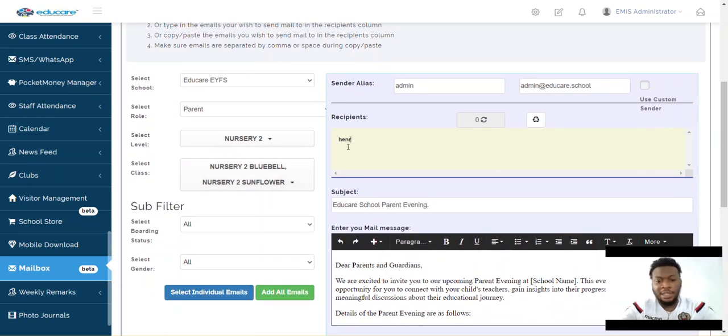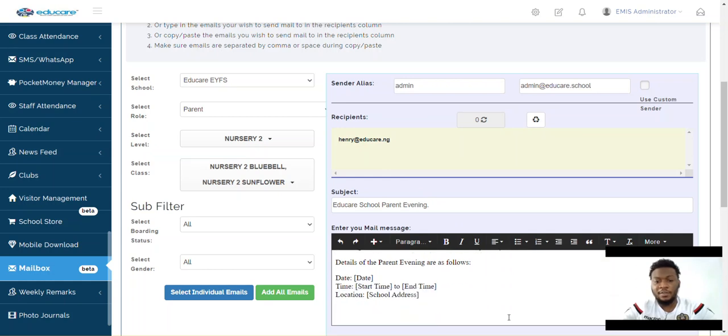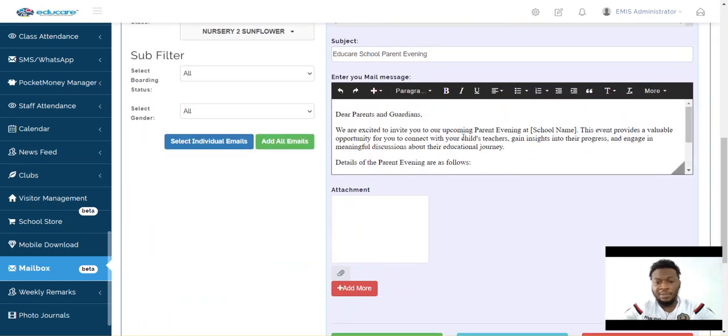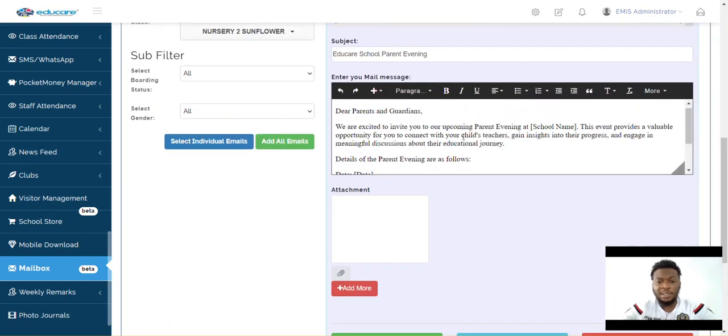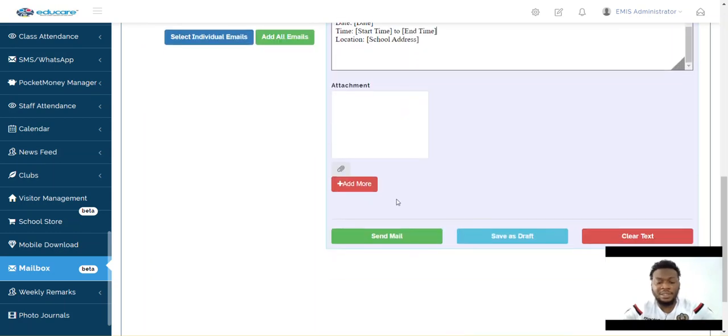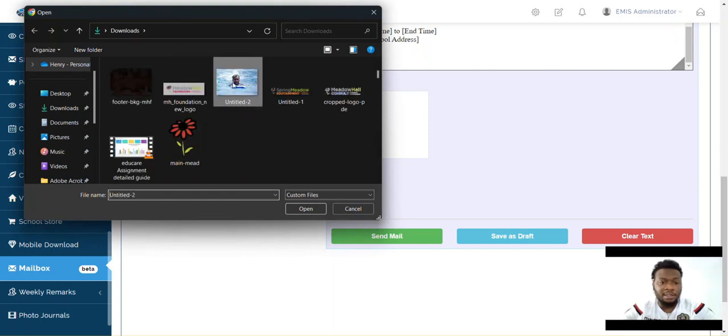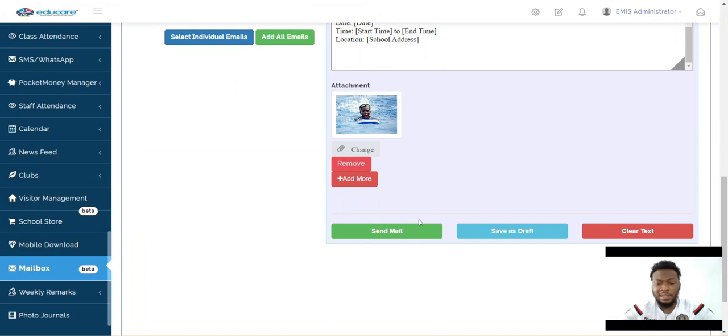So let me just type in my mail, educare.ng, and I'm going to send this to myself. I've already entered the subject of the mail, and you can enter the body of the mail here as well. Type in the body. If you have attachments, you can add attachments here. So let me just add an attachment. I'm going to add this picture as an attachment. So if I click on send mail,